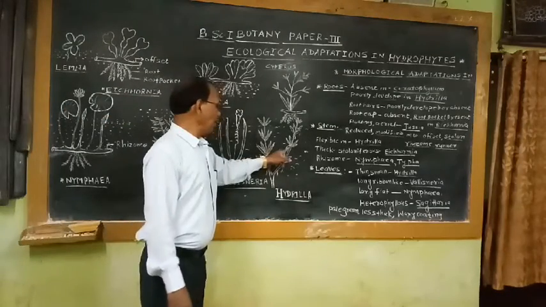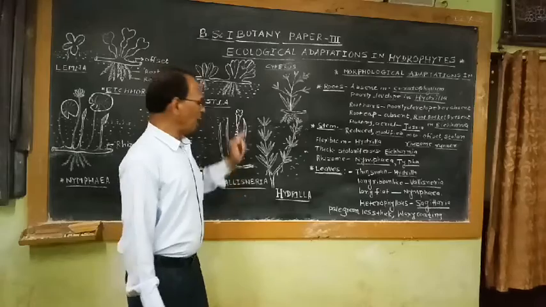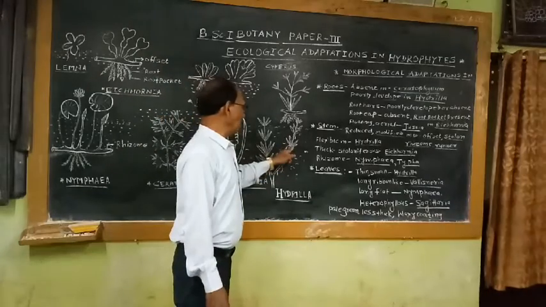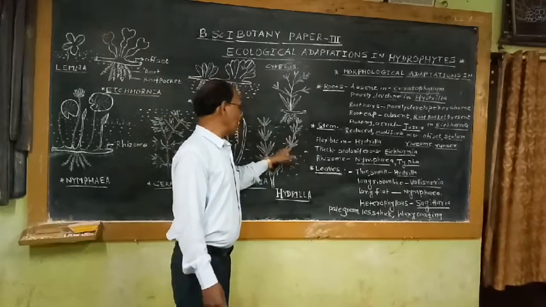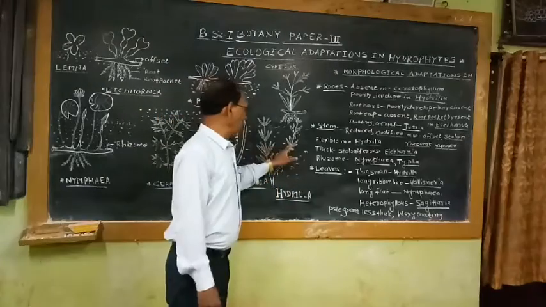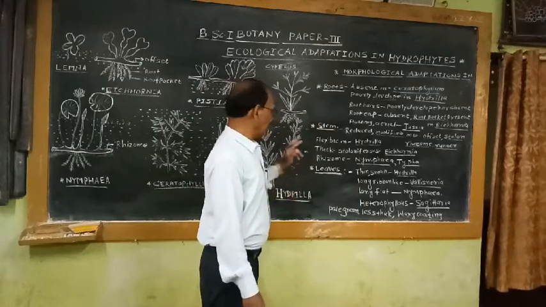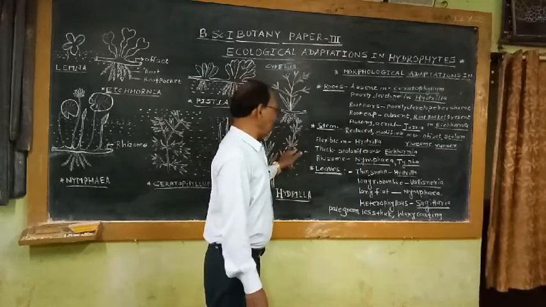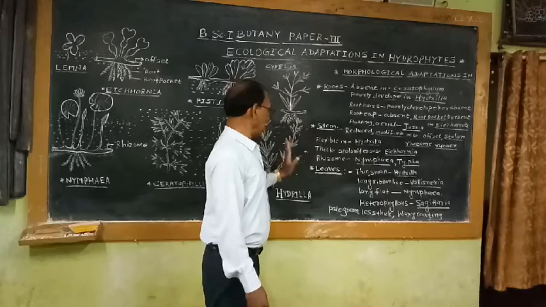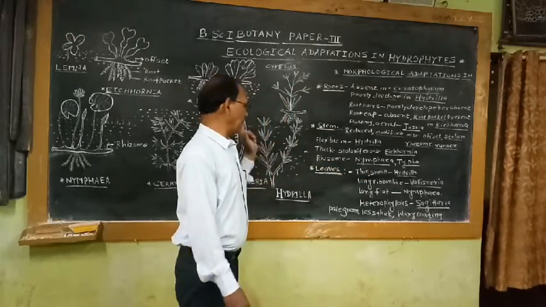In Hydrilla, leaves are reduced. They are very thin, very small. Leaves grow at the nodal region in a cluster, or in a crown, or in a bunch of 4 leaves. That means leaves are generally thin, generally small in size, and they are pale green in color in Hydrilla.